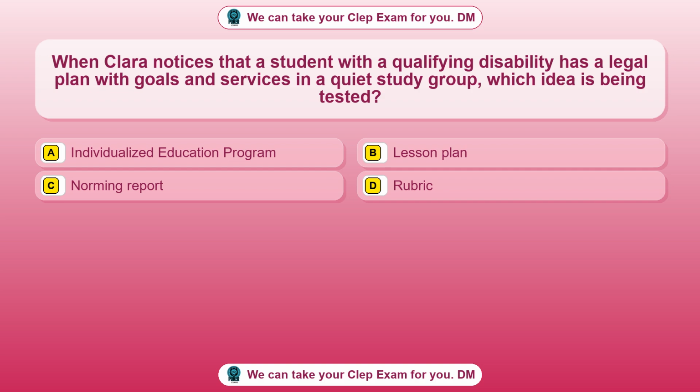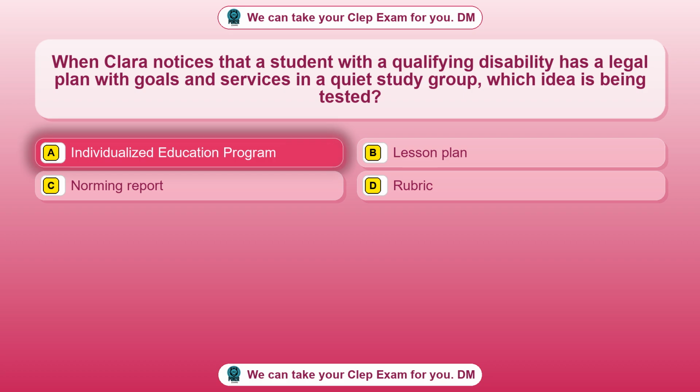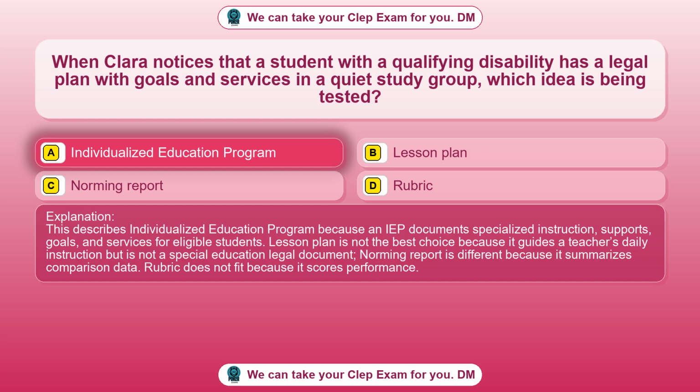Question 62. When Clara notices that a student with a qualifying disability has a legal plan with goals and services in a quiet study group, which idea is being tested? Option A, individualized education program. Option B, lesson plan. Option C, norming report. Option D, rubric. The correct answer is option A. Individualized education program. This describes individualized education program because an IEP documents specialized instruction, supports, goals, and services for eligible